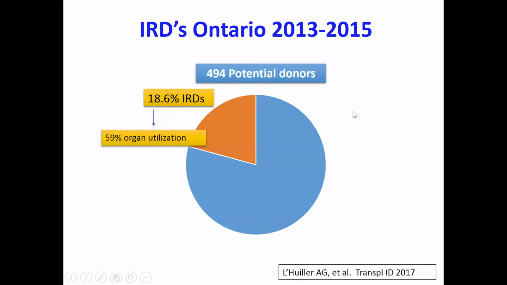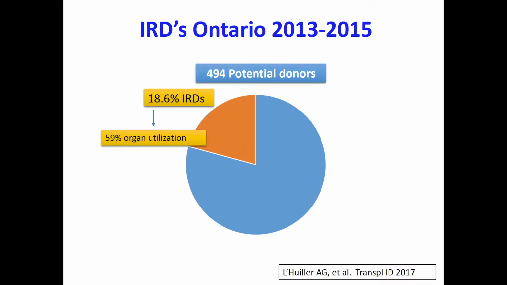So this was a study done through, at that time it was called the CNTRP, and it was looking at, in Ontario, the database of increased risk donors. So these are donors with behavioral risk factors for transmission of HIV, hepatitis C, or hepatitis B. So for example, IV drug users, commercial sex trade workers, or prison inmates, or other potential exposures to those pathogens. So this was data from 2013 to 2015, so it was a few years ago. And you can see out of almost 500 potential donors, a pretty substantial number were IRDs. So almost 20% were classified as increased risk donors. And at that time, so this is now 3 to 5 years ago, there was only a 59% organ utilization